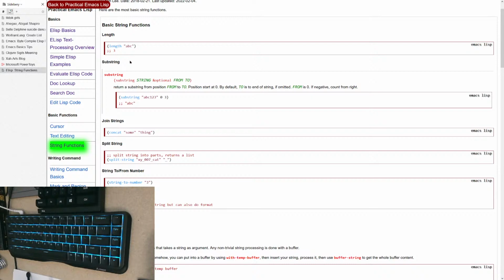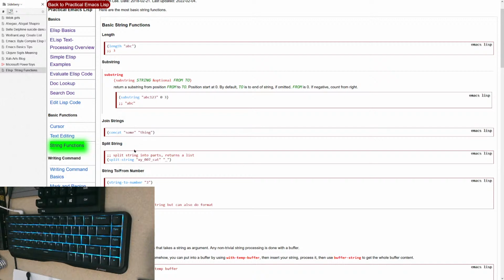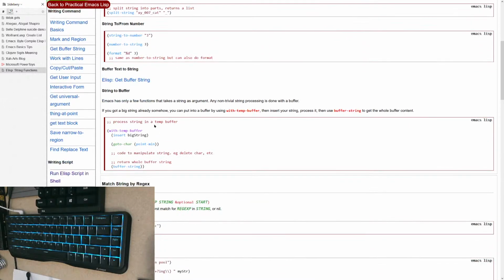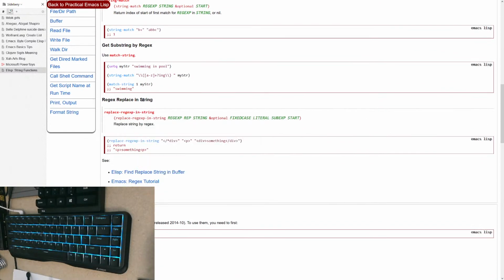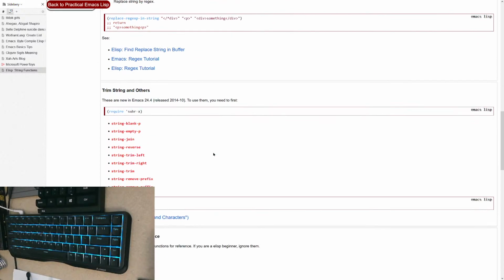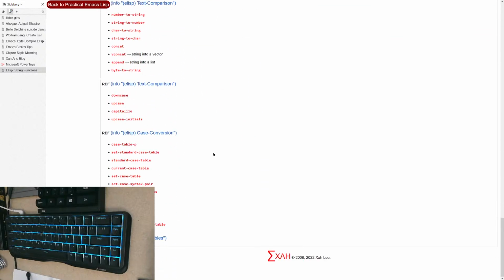Basic string functions: substring, length, join string, split string, string to and from number, string to buffer, regular expression in string, regular expression replace in string, trim string, and others. And essentially here is a complete list